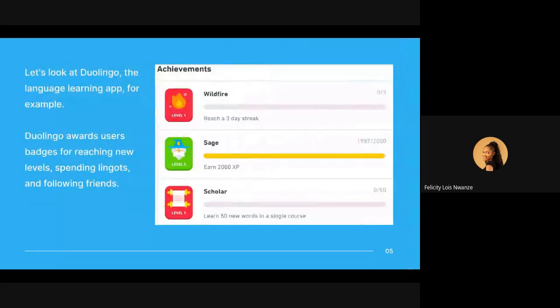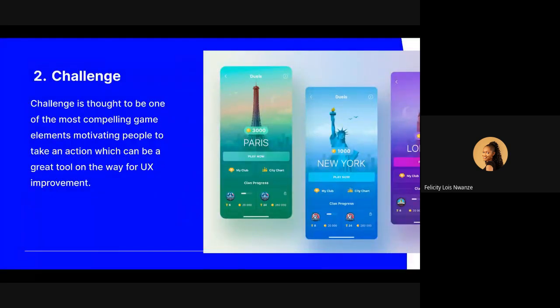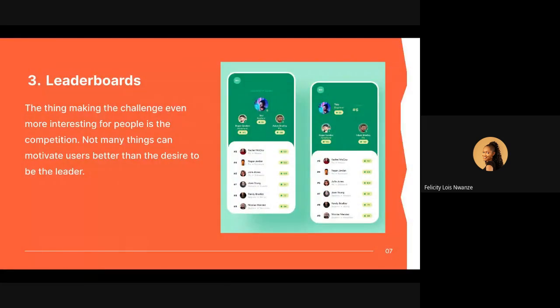Examples are badges and stickers. An example of where badges are used is Duolingo, an app you can use to learn languages. If you explore the app, you see that they have a lot of game-like elements. By game-like elements, it doesn't mean they are fighting inside the app. Those elements are badges and challenges. Challenge is a very important part of gaming, and you're applying it to products.